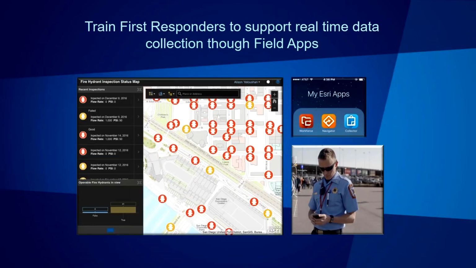The other thing that's happening is the use of field apps. This is really changing the way that the fire service is using GIS. Being able to collect real-time data in the field and transmit that back to a larger populace allows us to have real-time data to make decisions on. Again, this is something that the IAFC leveraged this past fall, and it's a new and emerging technology. The more and more we use it, the more and more we'll find ways that this will enhance our response capability in serving that community.